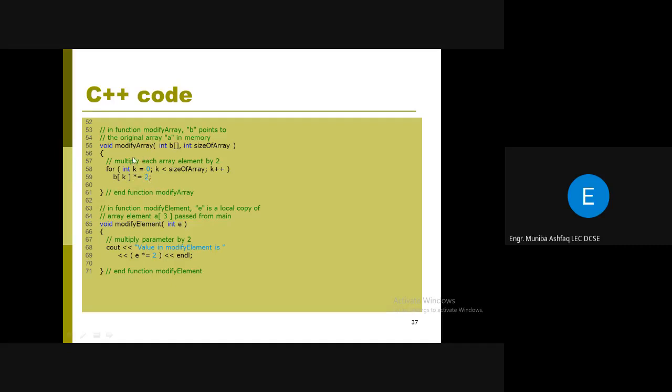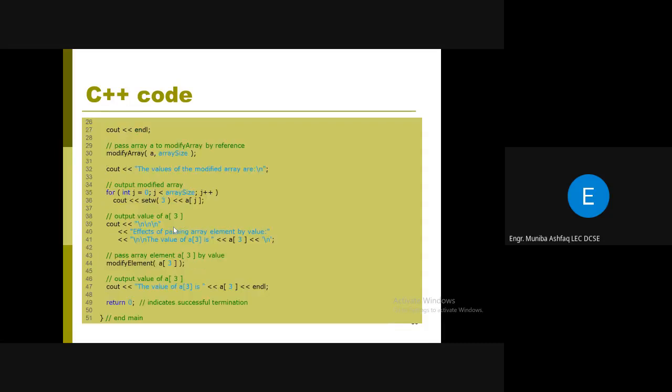Right, ठीक है। मॉडिफाई अरे है, ये फंक्शन है जिसमें हमने पूरा अरे सेंड किया, उसमें जितने भी एलिमेंट्स हैं इसको मल्टीप्लाई बाय 2 करें। And the second function we have is modify element, जिसमें हम एक एलिमेंट पास कर रहे थे, a of 3 हमने पास किया था, तो यहाँ पे हमें एक एलिमेंट पास किया है तो एक वेरिएबल चाहिए, बस एक एलिमेंट पास कर रहे हैं ना। You are passing here in the function call an element,